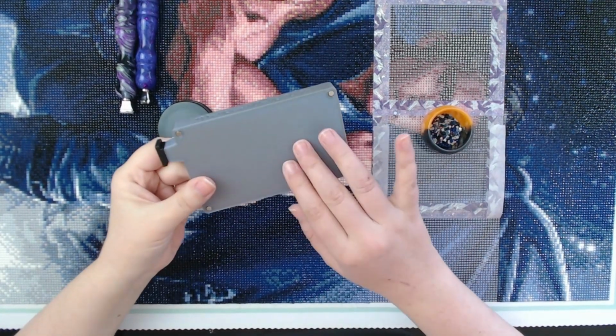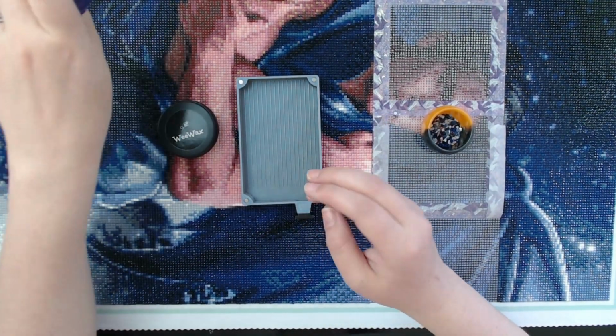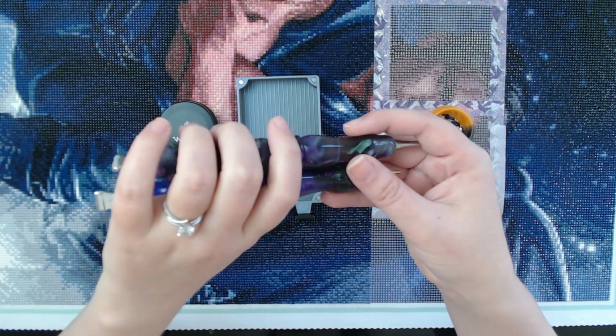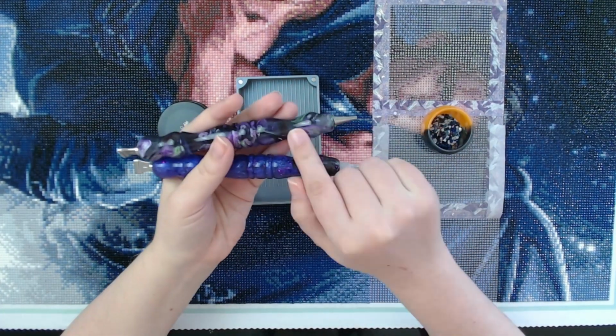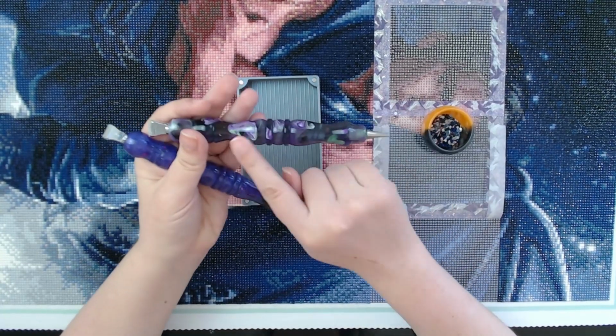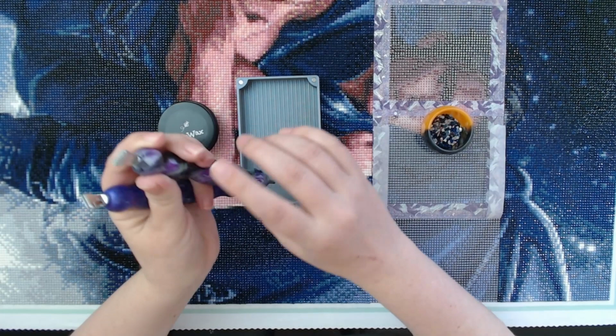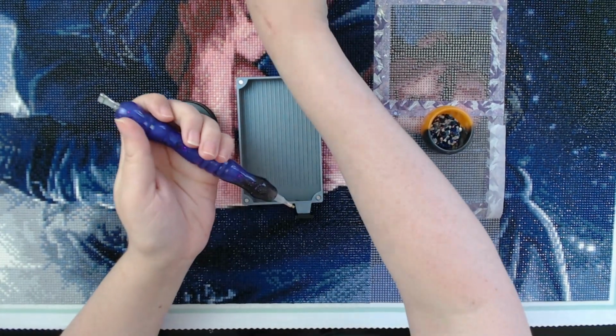As I said before, the tray is a Bijou Bliss tray. Absolutely love it. And right now I have 2 pens ready to go. This one is the one I've been using. Both pens are from Enabler's Outpost, but this is a cocoon blank pen, and this is what I got my glue dots and my putty in right now. But this one